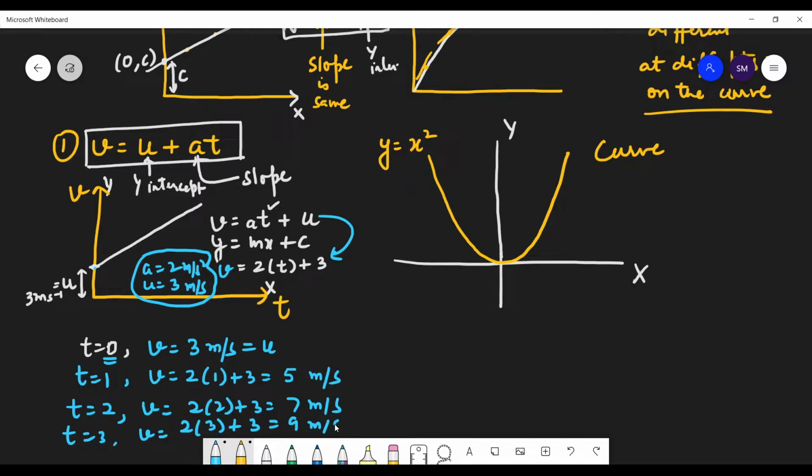So students, can you see one thing? When I'm increasing this t from 1, 2, 3, 4, which is on the axis. So if I increase t, if delta t is equals to 1, if change in time is 1, how much is the change in velocity? See, 5 minus 3, 2, 7 minus 5, 2, 9 minus 7, 2. Means as you are increasing time by 1 second, how much is the change in velocity?